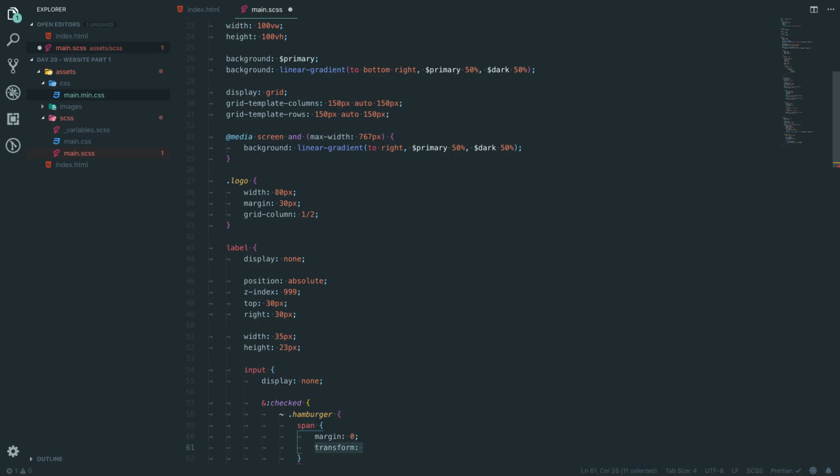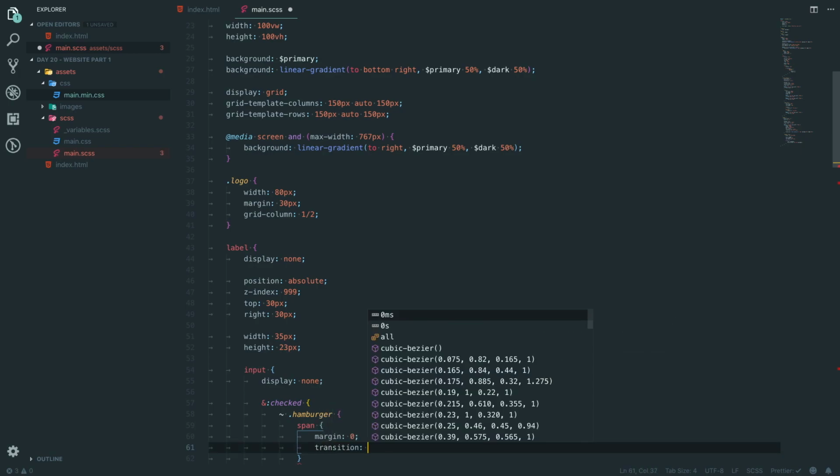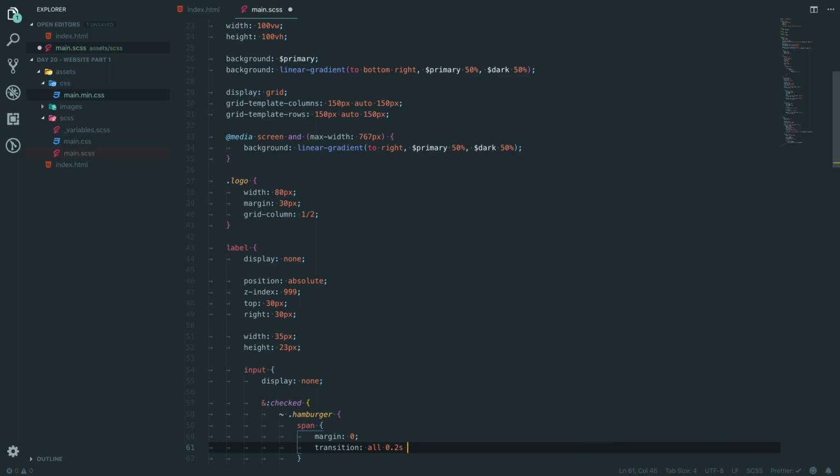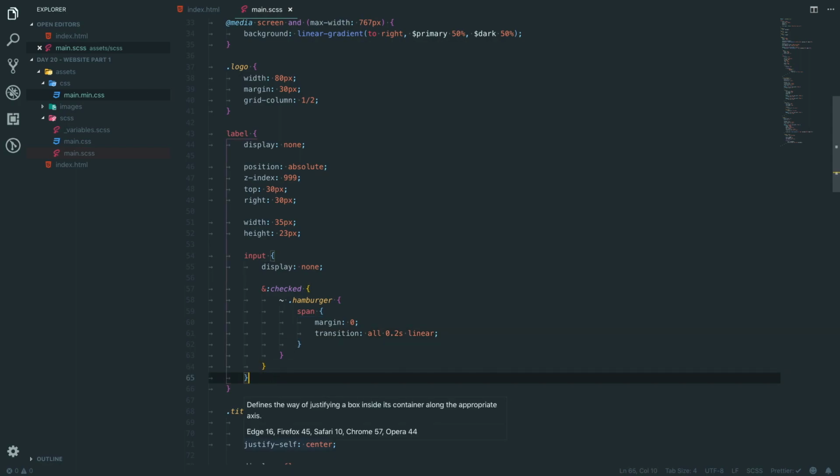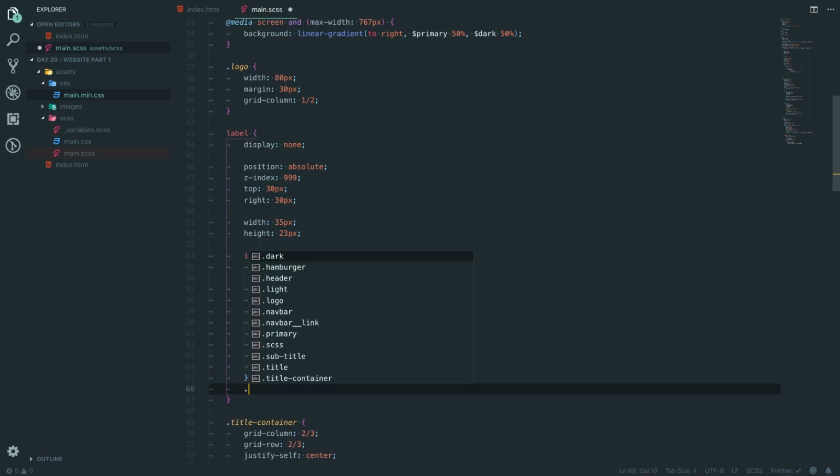I don't know. I just realised I'm doing this the wrong way. We haven't actually written the hamburger code yet. So down here, out of input, we're going to say dot hamburger,